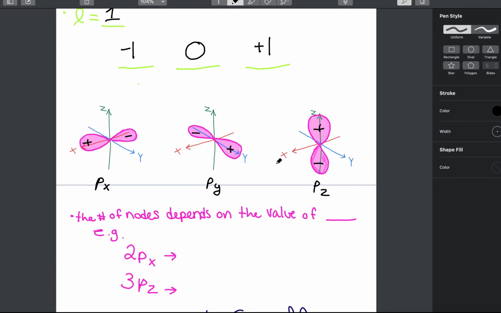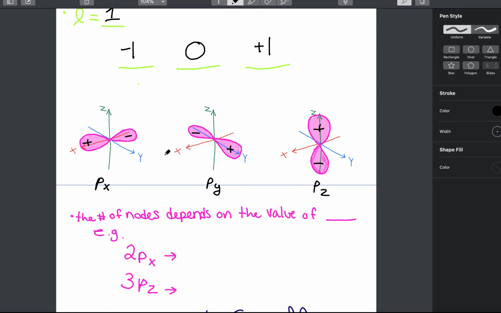Okay, so there are 3 p orbitals that you should know, and these are the px, py, and pz orbitals. All the p orbitals have this dumbbell shape, and the dumbbell type orbital will be aligned on a particular axis. As you can see here, the px orbital has a dumbbell aligned on the x-axis. The py orbital is aligned on the y-axis, and the pz orbital is aligned on